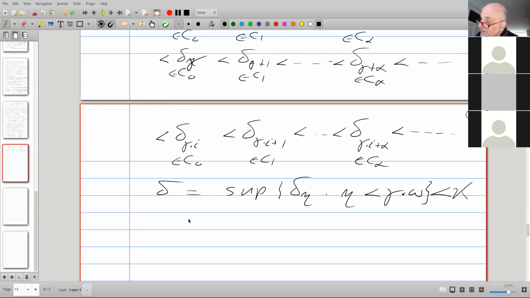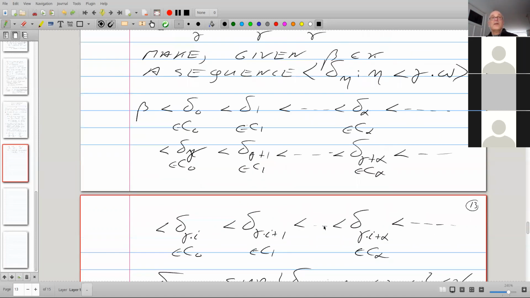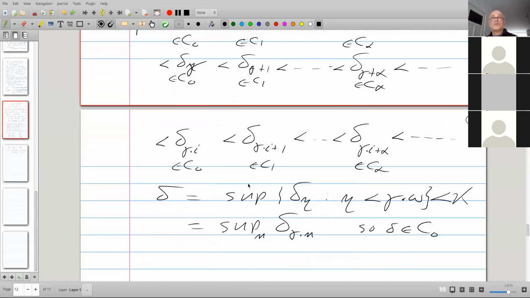But delta is also the supremum of the delta gamma times n's. Why? Because when I look at this column, so to speak, in the matrix, it is cofinal in this sequence. This sequence has cofinality omega, and these ordinals here are cofinal in it. These ordinals are also cofinal in it.